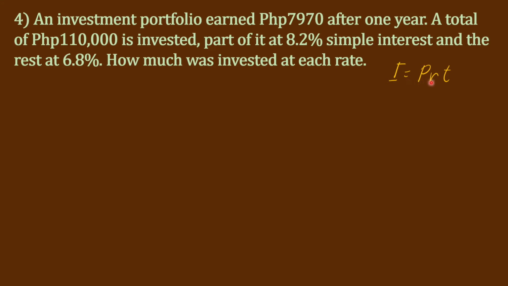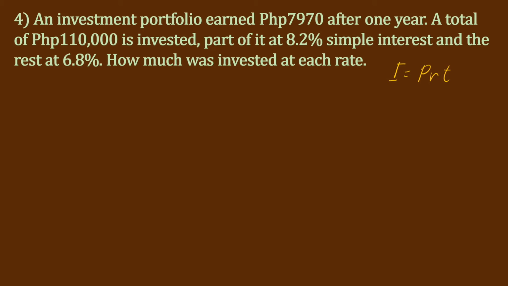So, investment means when you give money so that it will earn after a year or 2 years, okay, at a certain interest rate. Okay, it will earn an interest. So, in this problem, we have the amount of money invested, which is letter P, and then interest rate. Now, the second sentence tells us that there's a total of 110,000 invested. Part of it at 8.2% and the rest at 6.8%. So, there are actually two investments wherein